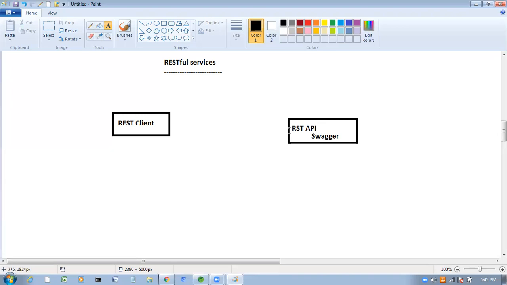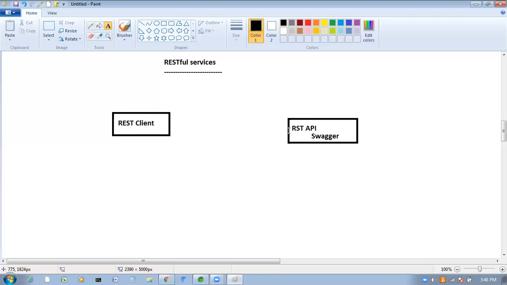Before starting client development, compulsorily you should get the details of the REST API, then only you can develop the client. How will the REST API provide those details? Using Swagger. Clear?